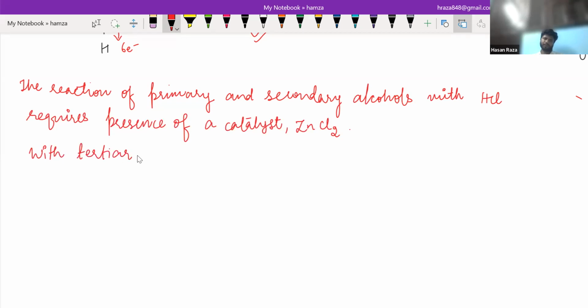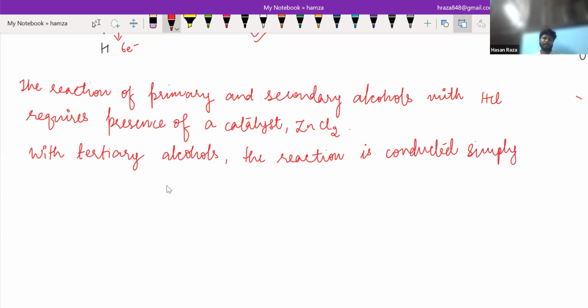With tertiary alcohols, the reaction is conducted simply by shaking the alcohol